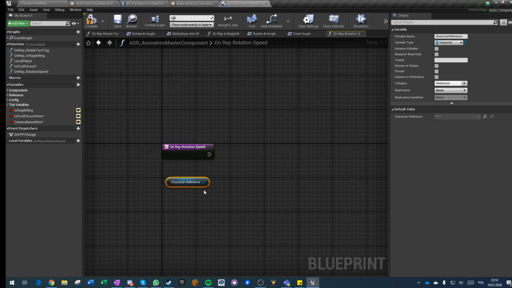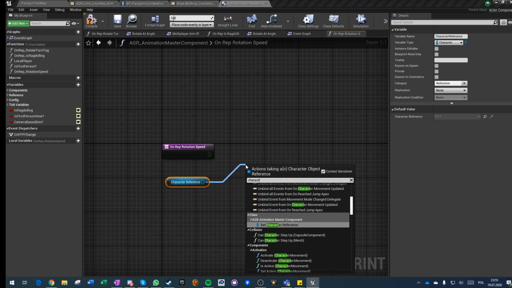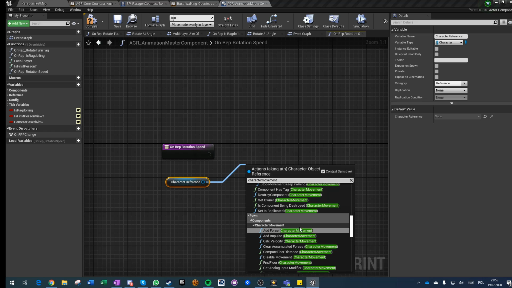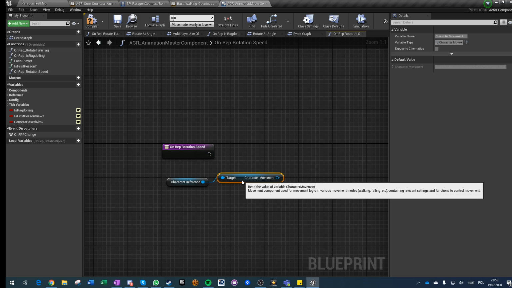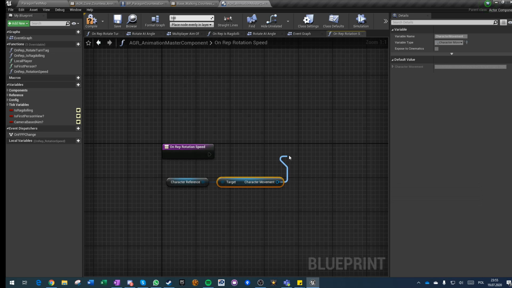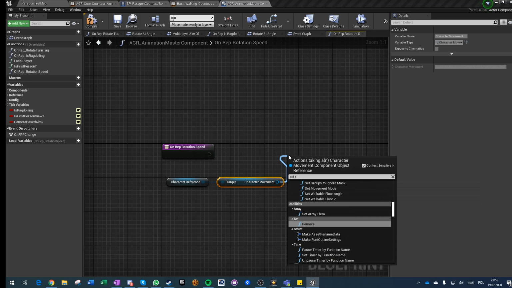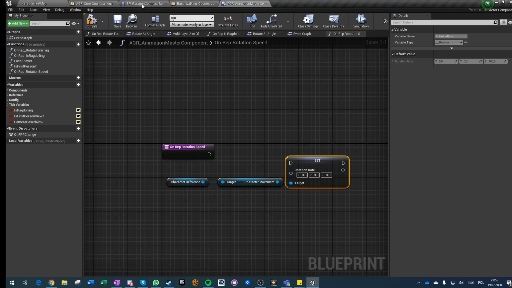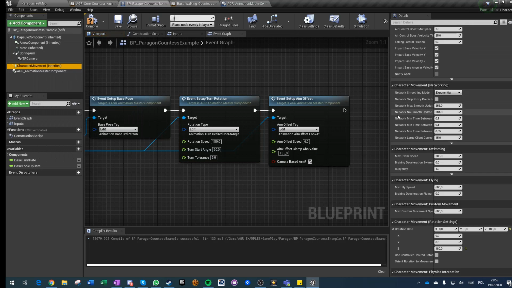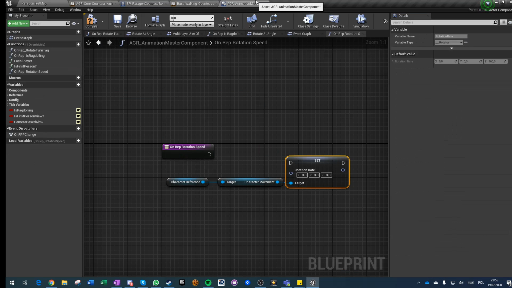Character movement, just like this. Get character movement, and from here we need to set rotation rate. Yeah, that's how it's called. Rotation rate, yeah. And we need to set